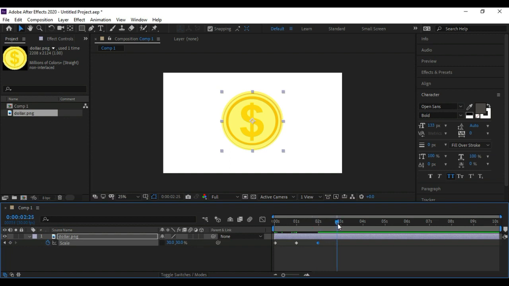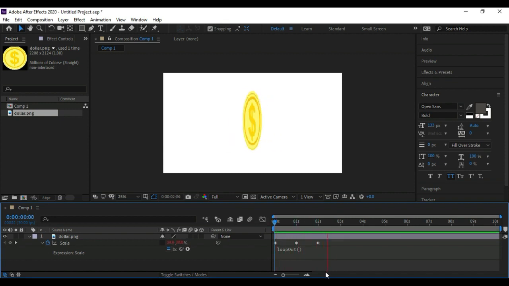Positive 30. Now it's up to you. You can copy this frame to the entire section, or loop out by selecting the alt and clicking the time and typing here loop out. So this is the flip animation. Positive 30, and here